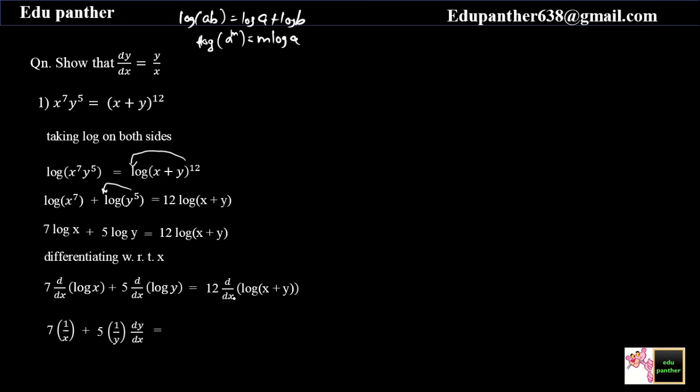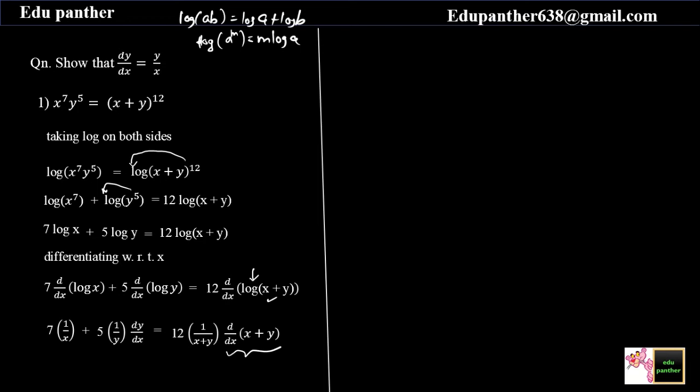now we have to take the derivative of the function present on the right hand side. So this 12 will be as it is. Now here we have log of (x plus y). We can see it is a composite function. So first we'll take the derivative of the function which is present outside. That means first we'll take the derivative of log. Now the derivative of log x is 1 upon x. So the derivative of log of (x plus y) will be 1 upon (x plus y) into, now take the derivative of the term present inside, which is x plus y here. So we have multiplied here with the derivative of x plus y. This is using differentiation of a composite function.